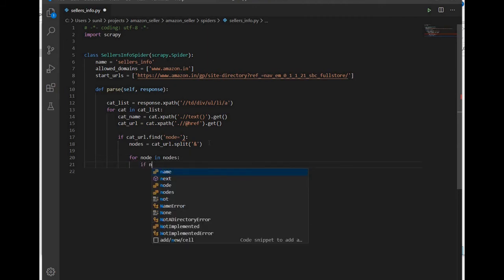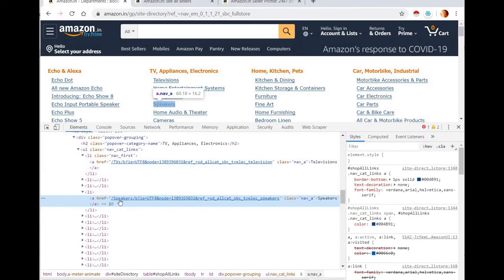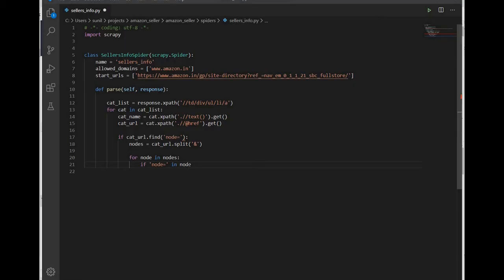Then we'll check if node is in node. We are cross-checking that the URL has been split into three parts: the first part till here, then the second part, and then the third one. The second part has the node character, so we are cross-checking that.